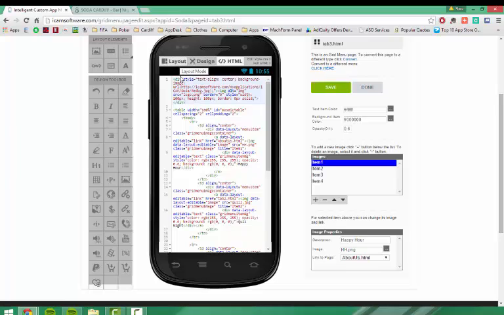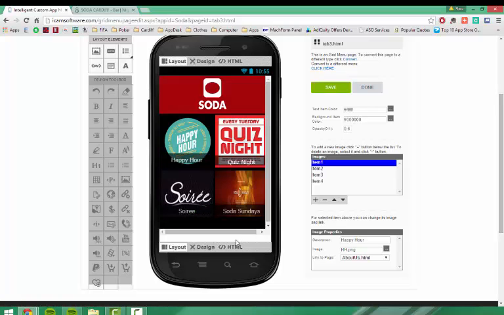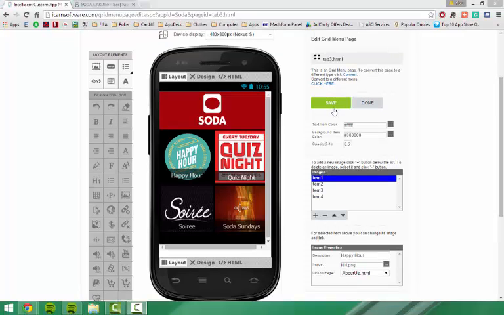So now when we go back to layout, there should be the logo, the background, and then everything below it. And there you go. Very, very simple. Okay, now before I go on to the other pages, we have to remember to edit what pages all of